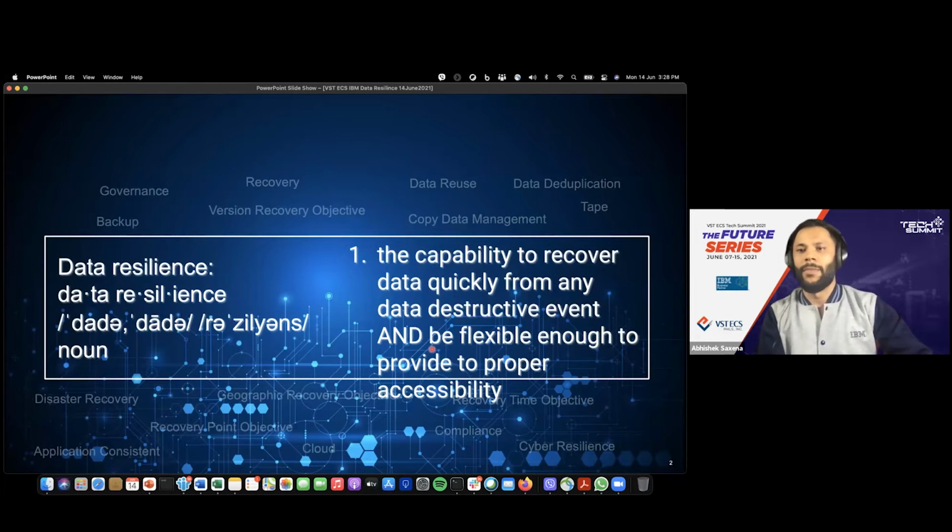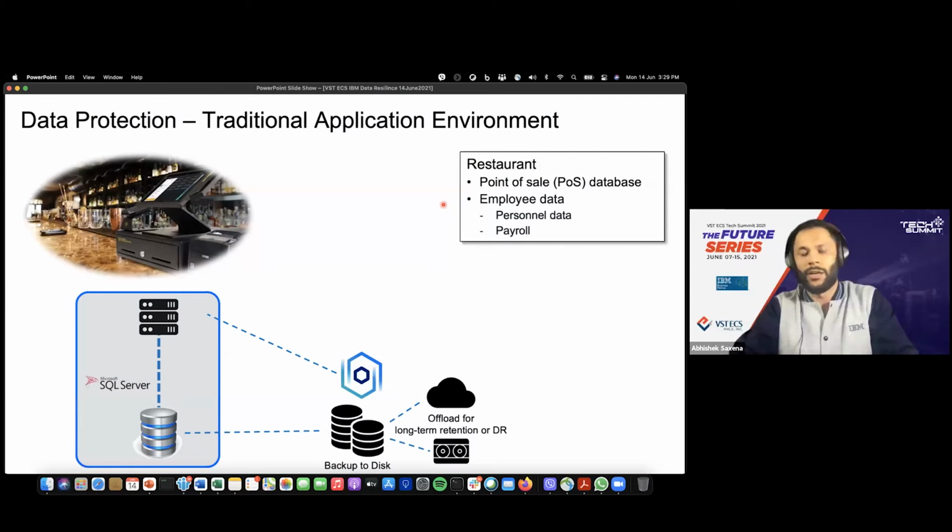What that means is there are elements of cyber resilience. There is flexibility enough to provide proper accessibility, right? And there are a lot of inherent elements which have also been shaped in the last 5 years, with things like copy data management, data reuse beyond just governance, backup, recovery, and recovery objectives, right? So these two elements are also kind of born by the modernization of applications, where customers are aggressively moving into containerized applications, or rather modernization of the application development infrastructure itself. And the reasons are even a lot more in the last couple of years, since we're in a new normal,